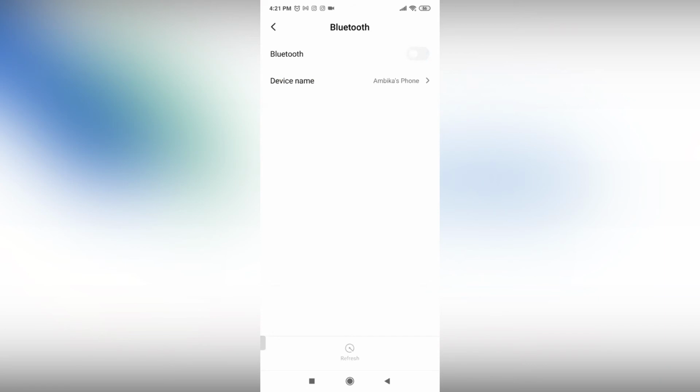As you can see, now the Bluetooth is turned off. Now, if you want to turn the Bluetooth on, simply swipe on the off icon and it will turn on. Next, it will search for available devices which can be paired with this device using Bluetooth. However, you should always remember to turn the Bluetooth on with the device you wish to pair or connect with.